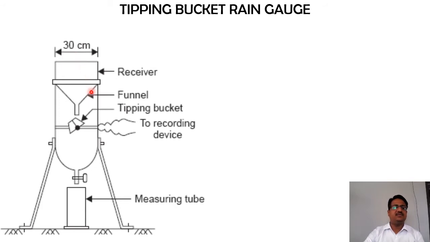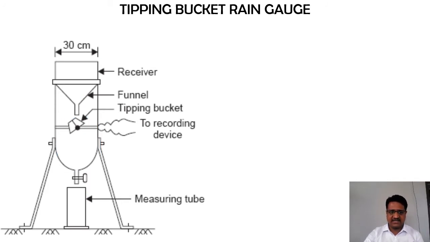Now, apart from that, we again have this funnel. Up to this receiver and funnel, the diameter and the arrangement are similar to your Simon type of rain gauge station. In Simon type, directly after the receiver, you usually have only the measuring jar. There will not be any working section over there. I hope you got that. Directly after the receiver you usually get the cylinder only, but right now we have something more than that.